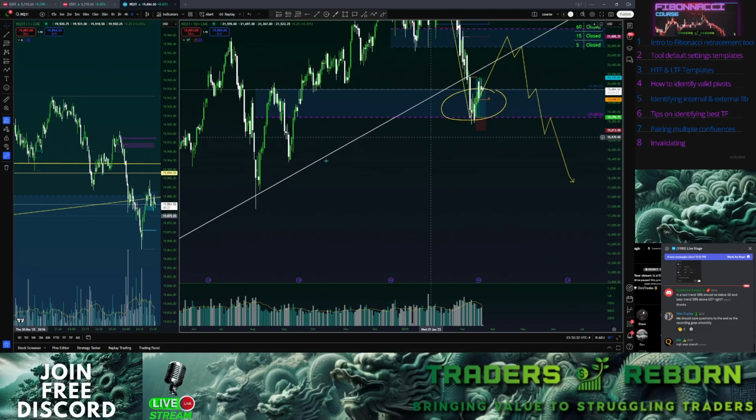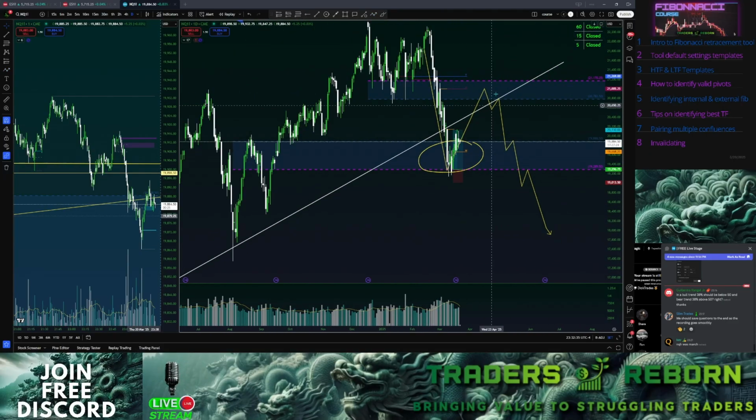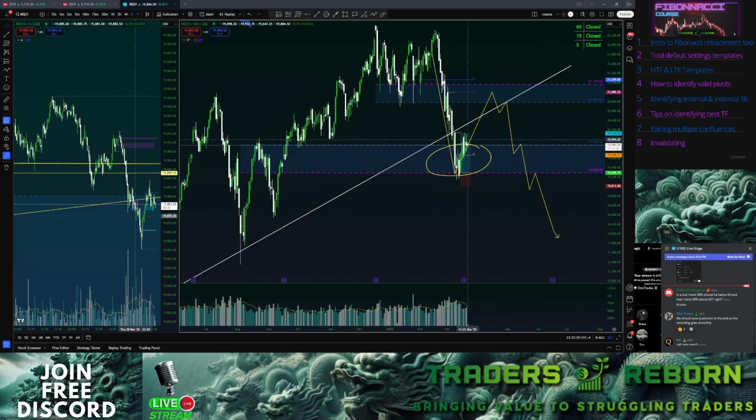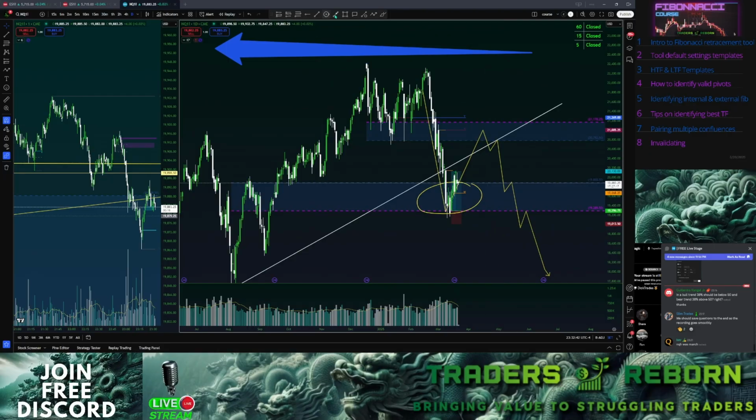I don't know where the next level is, but all I know is that this is how price will move if we were to come down more. Something along the lines of that. Now, if we are able to hold above, right, then